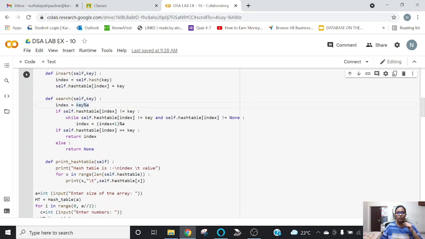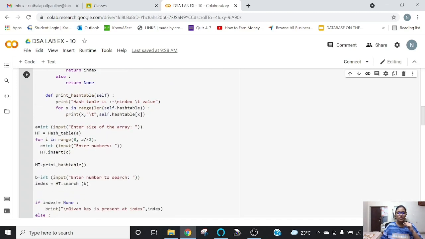So if the particular number is found, then it is going to return the index number, otherwise it is going to return None. And then to print the hash table, I have just given a range so that it is going to print one by one. And if a particular number is not placed anywhere inside a particular slot, then it is just going to say None.